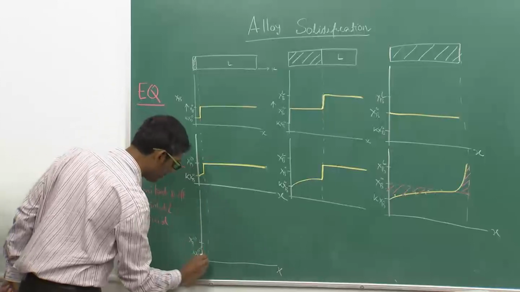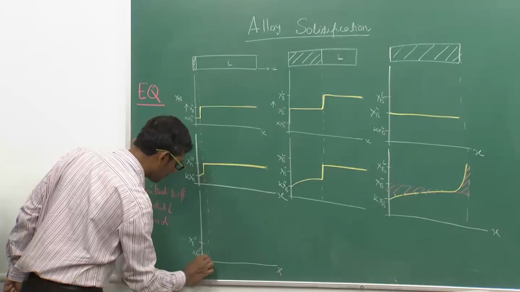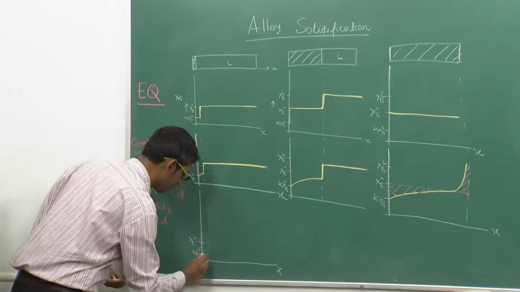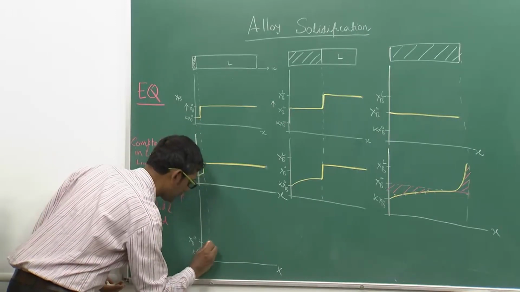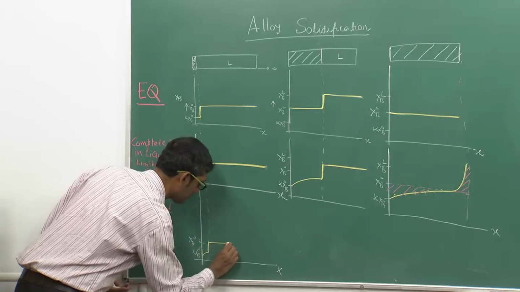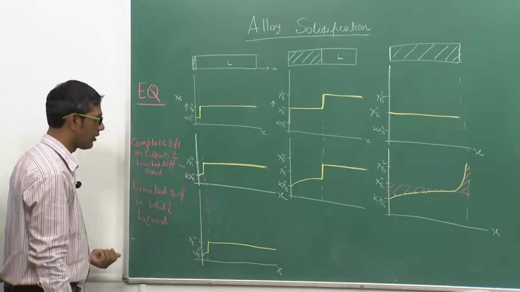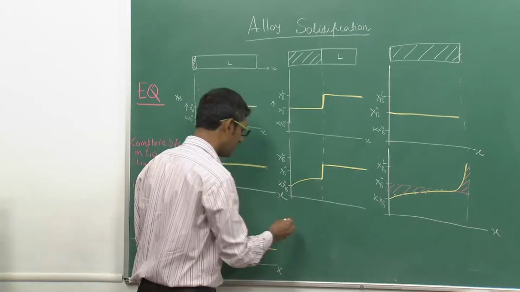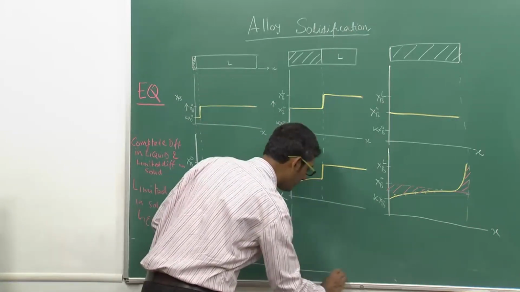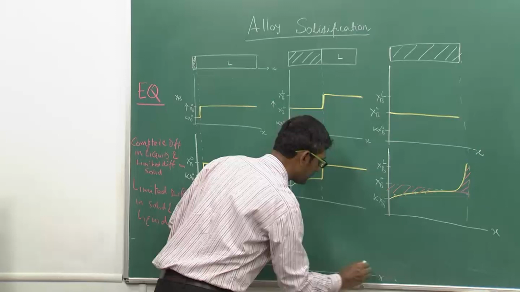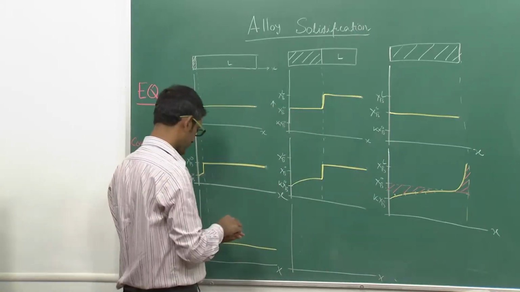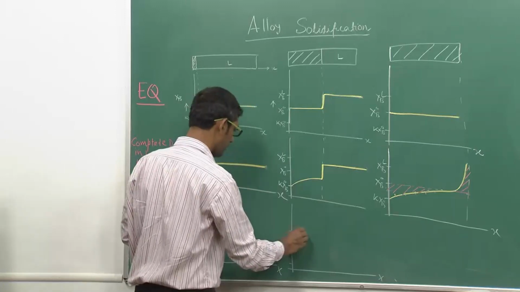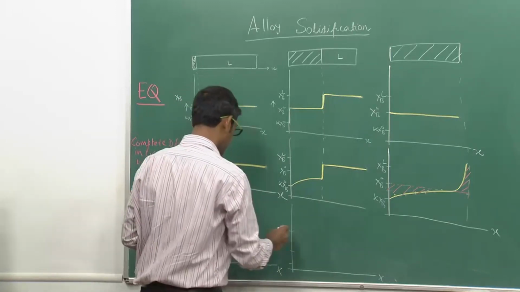So this is what it will look like, not much difference, but things will be different here in the intermediate stage. So Xp0, Kxp0, Xpl, this is Xpl,